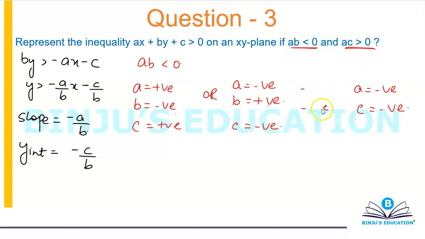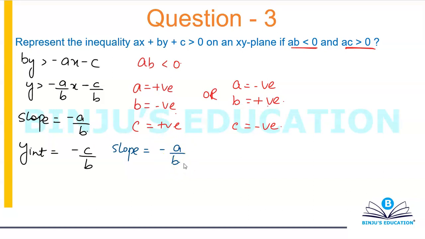These are the only two cases that can happen. So accordingly, we'll have to figure out the slope and intercept, also the signs basically. Okay, first case is A positive, B negative. If A is positive and B is negative, I'm gonna decode it slowly. So my slope is minus A by B.